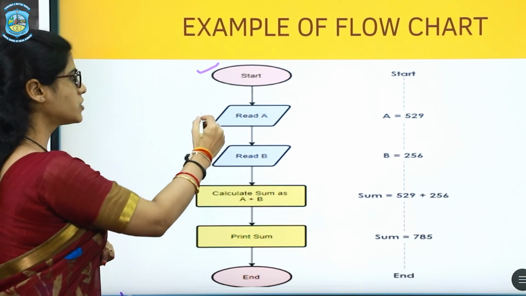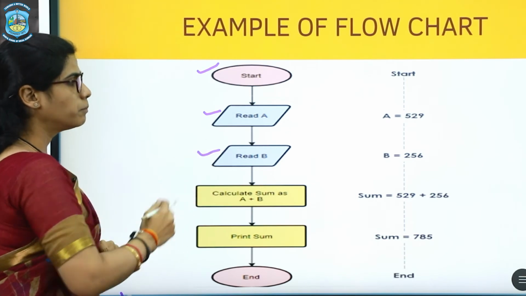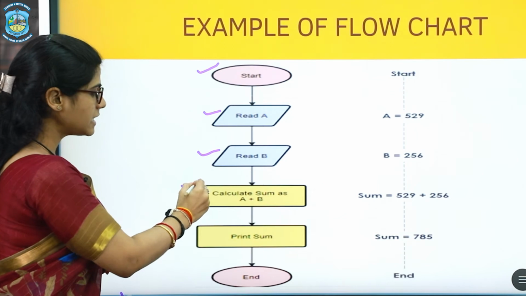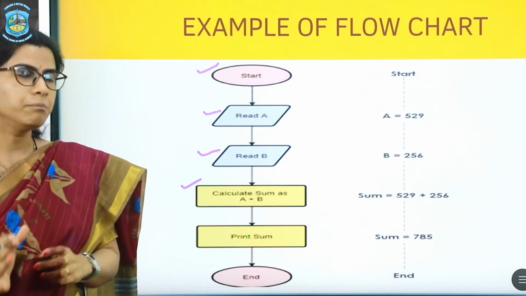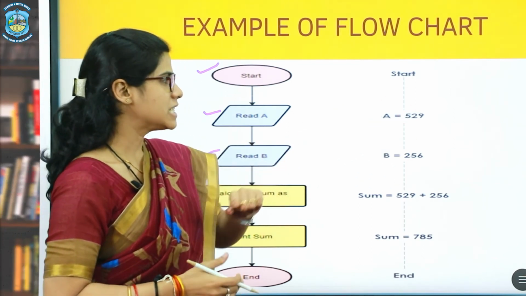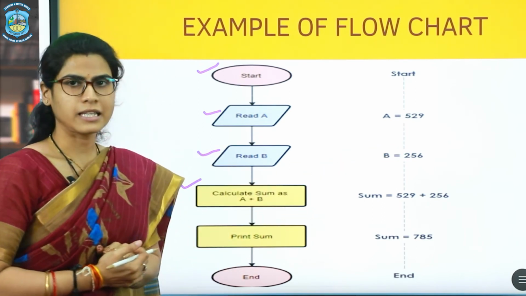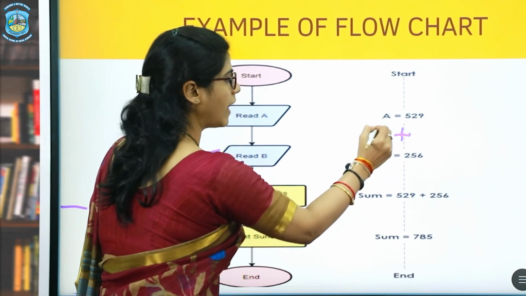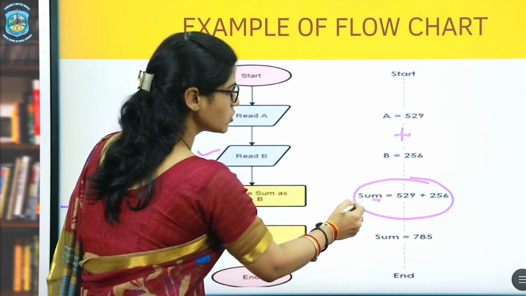Next we are going to take input A and input B. Then we are going to add these two values stored in the variables A and B. For example, if I have taken 529 in A and 256 in variable B, we are going to add these two values and we'll get the sum,